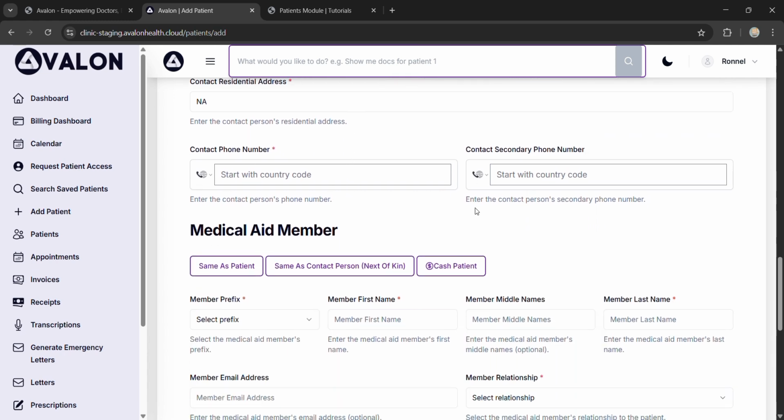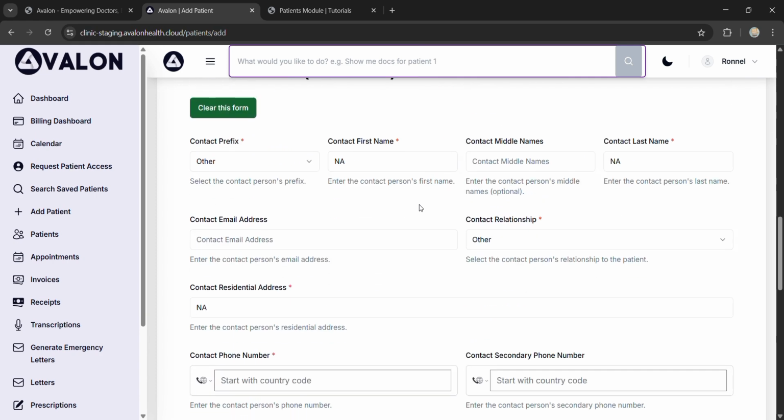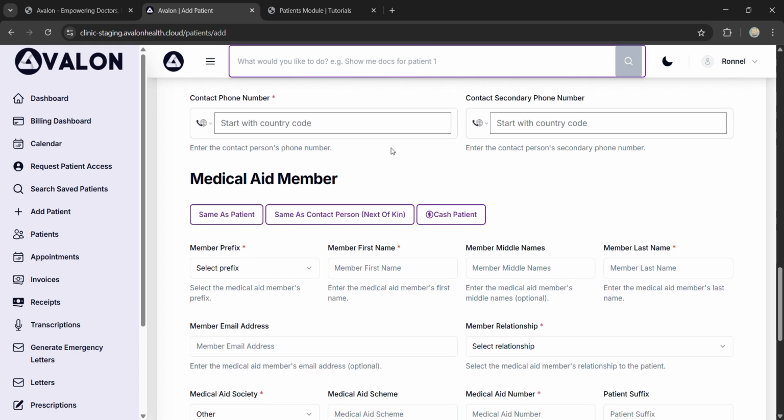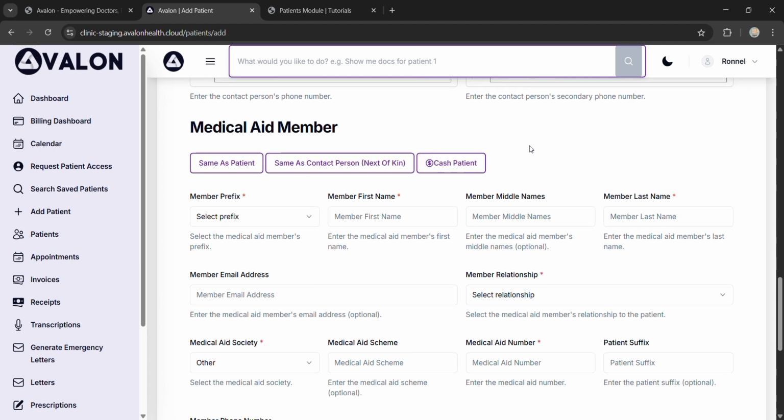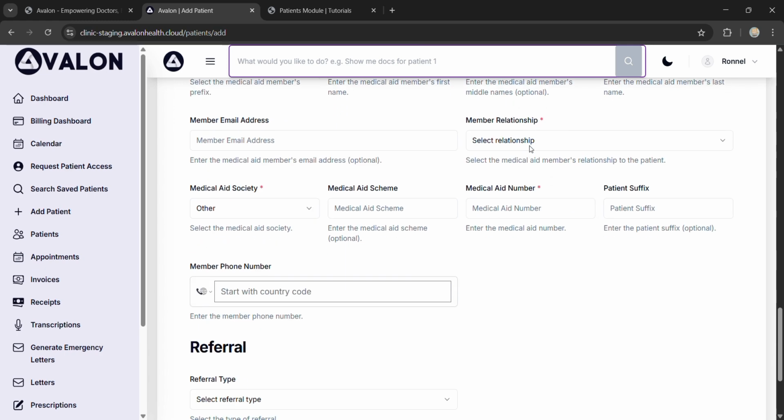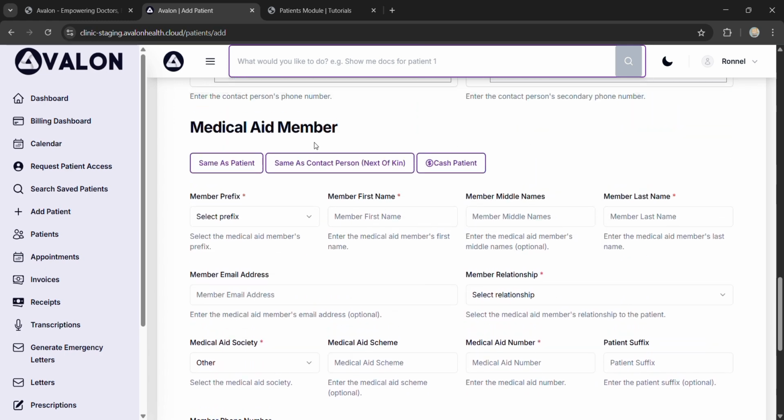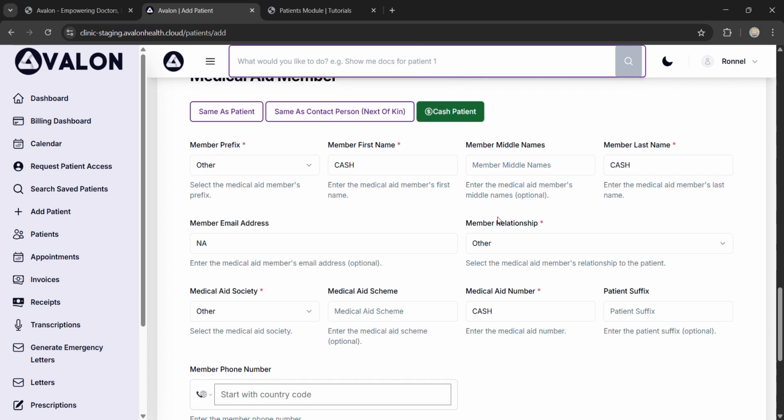It will just write something so that the text boxes are not empty. So this is all for the next of kin up to this part. And we move on to the medical aid member. So let's say my patient is a medical aid member, and you can select same as the patient, or same as contact person next of kin, or it's a cash payment. But let's say my patient is a cash payment, so I'll just click on the cash. As you can see, the system automatically fills in the